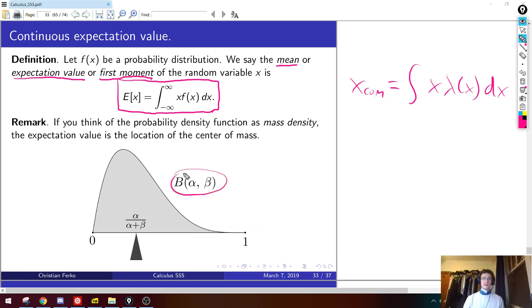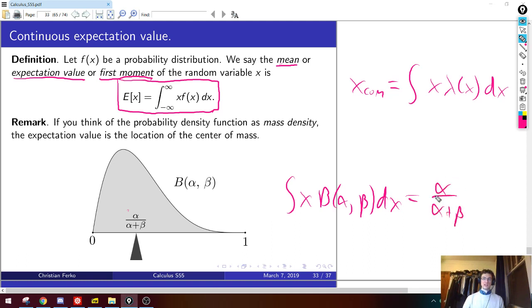This is the familiar beta. You remember the beta function from the gamma function stuff? We're going to see that beta reappears when you do probability. But here's a particular beta distribution, and you could find its expectation value, which you can prove: the integral of x times beta with some parameters, you just do this integral and you get this answer, which means this is the expectation value. And you can see it's pretty clear visually that that expectation value is basically like the weighted sum, like where you would balance this thing on your finger if you were trying to hold it up.